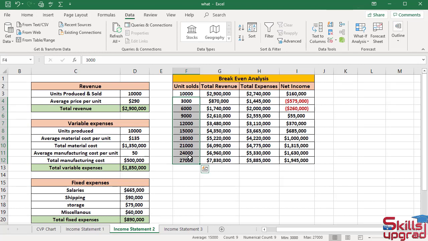For example, if sales were 18,000 units, the company's revenue would be $5,220,000. Total expenses would be $4,220,000 and net income would be $1 million. The break-even point is between these two values. If company sold 6,000 to 9,000 units,